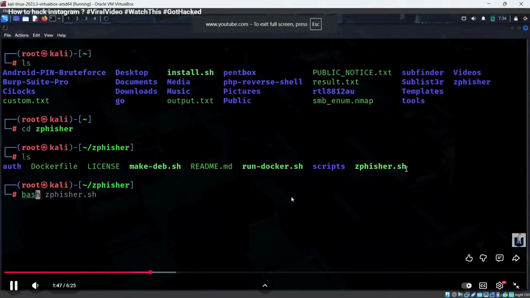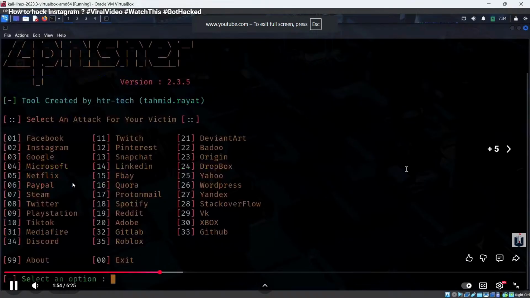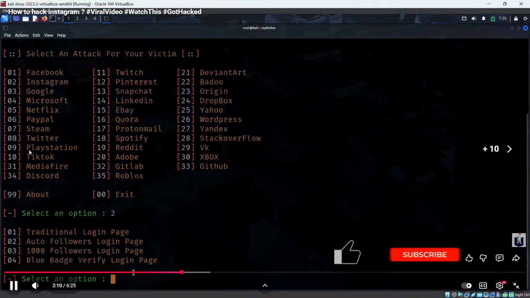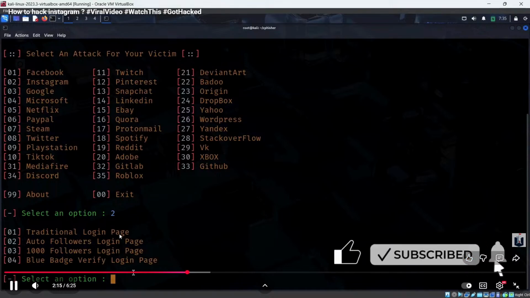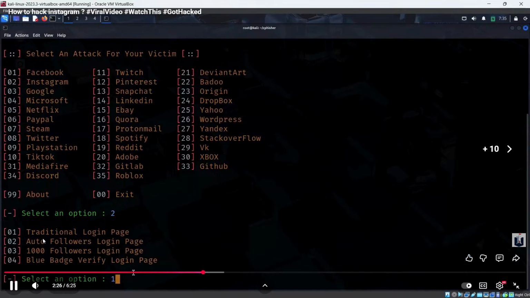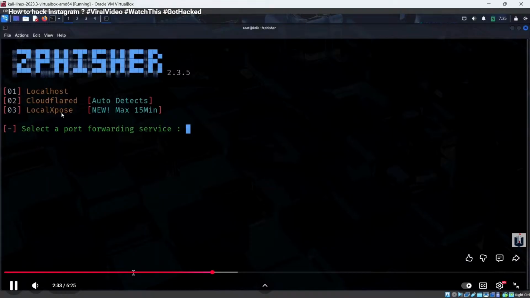Okay, here I started the Z Fisher, then I selected the Instagram option, then the traditional login page, then port forwarding service to Cloudflare.